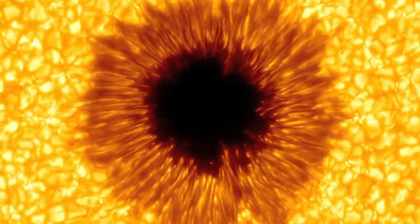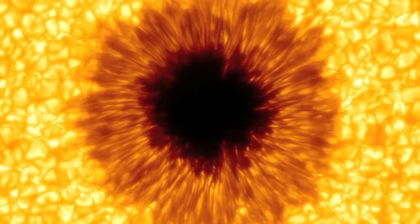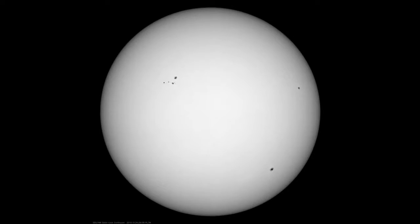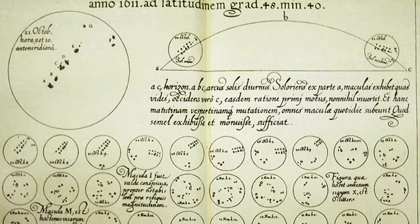Looks like a pupil. Looks like the eye of Sauron. Kind of a psychedelic sunflower. Some images seem to naturally pique our imagination, even if you know what you're looking at. It's this, the sunspot. And in 400 years of study, scientists haven't gotten bored of trying to figure out how